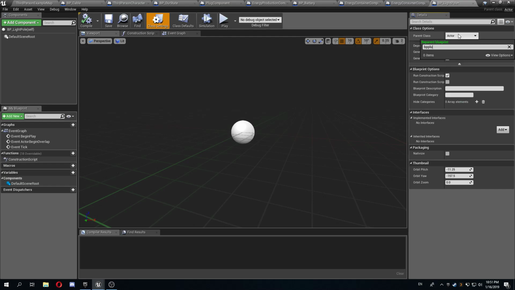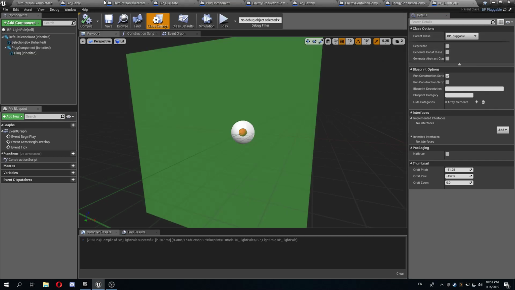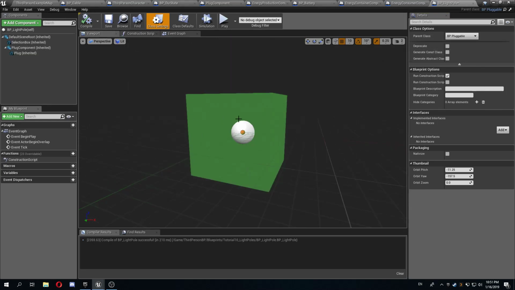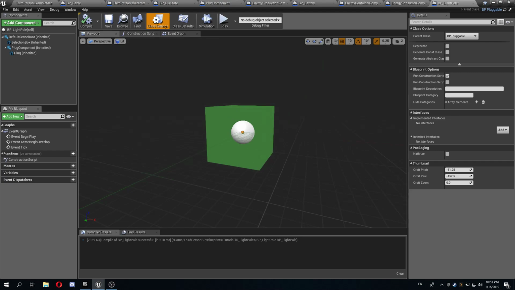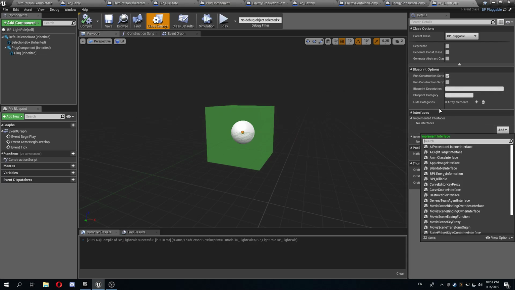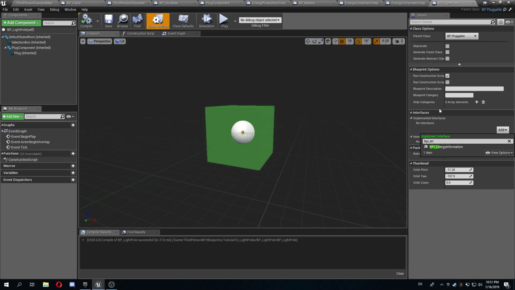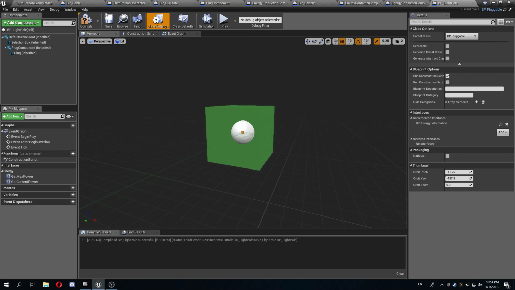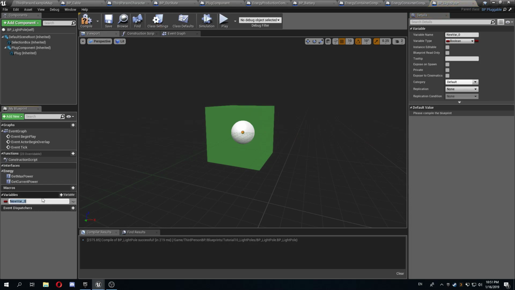Most of our actors that we want to be able to plug stuff into need to be BP pluggable by definition, and they have the selection box and all that jazz. Let's also make it implement the BPI energy information interface, so we can provide some power information UI. Let's create some variables. Let's start with required energy